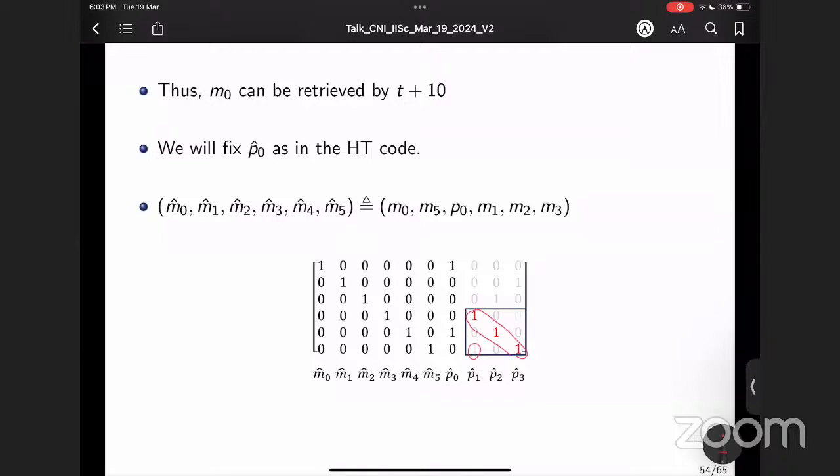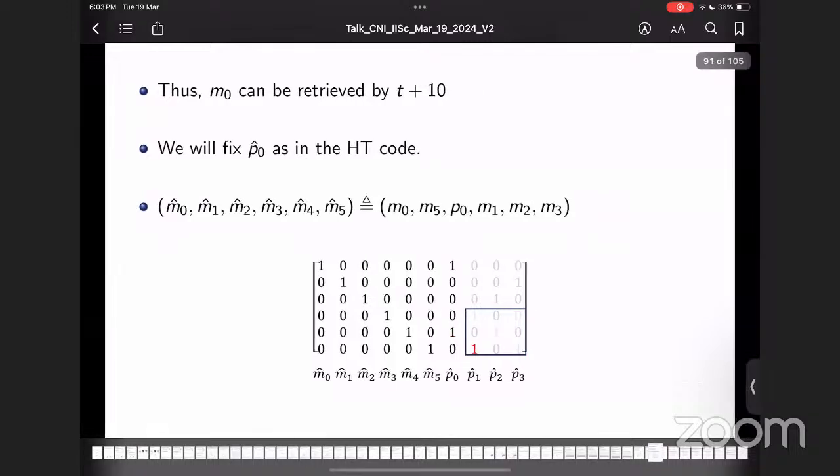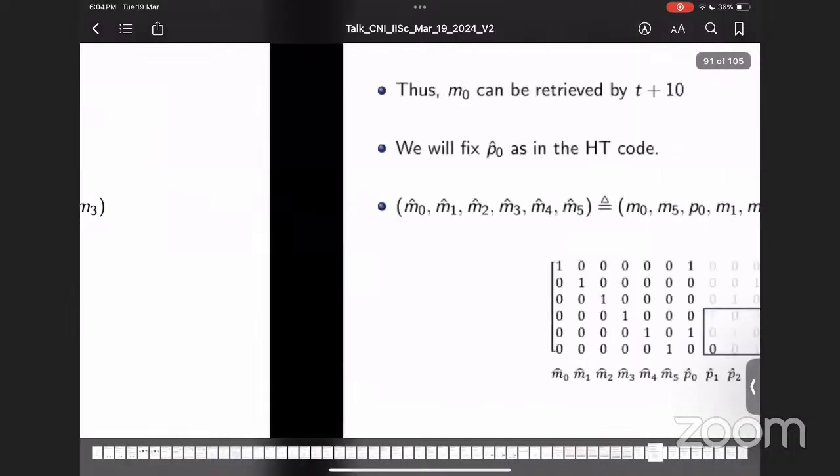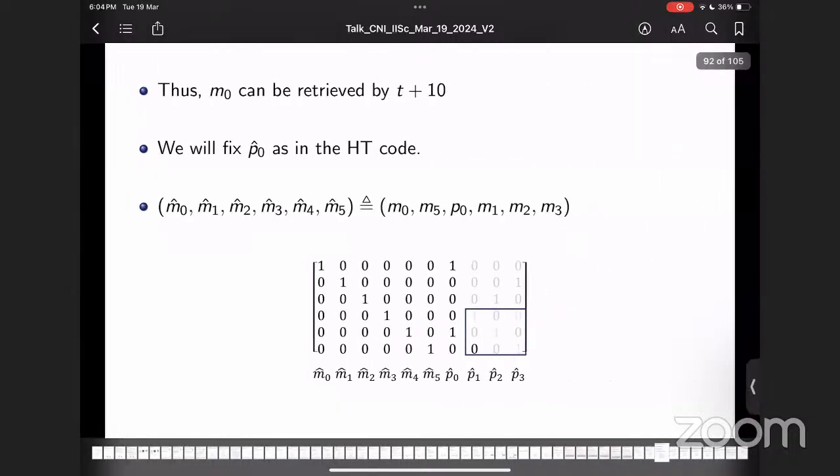And now what I'm going to do is the following. I'll ensure that the 3 by 3 matrix is an upper triangular matrix. All the entries below the main diagonal should be 0. For example, here I have a 1 there, so I need to make that 0. So I'll make that 0, and that's my matrix. This is the final matrix.